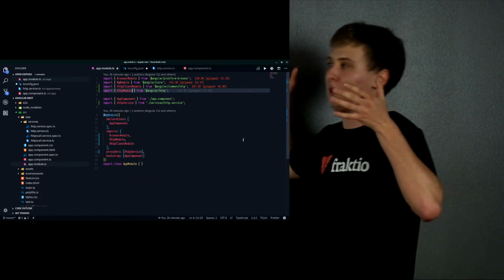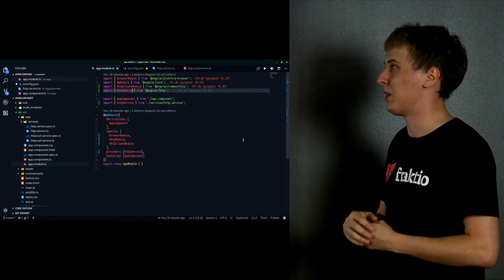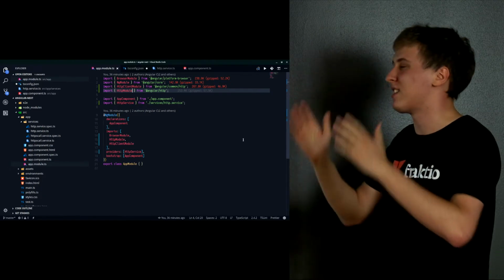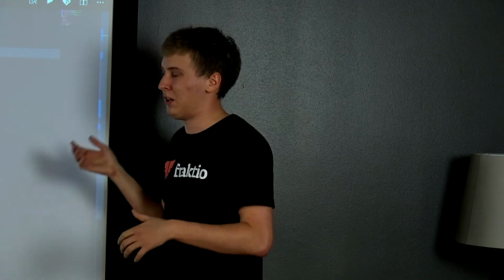For example, I went into a big open source project once, and they had a humongous list in package.json, like 60, 70 dependencies. But when I looked at their app.module, they were using only a few. So this definitely helps you organize what you're actually using versus what you have in a package.json.